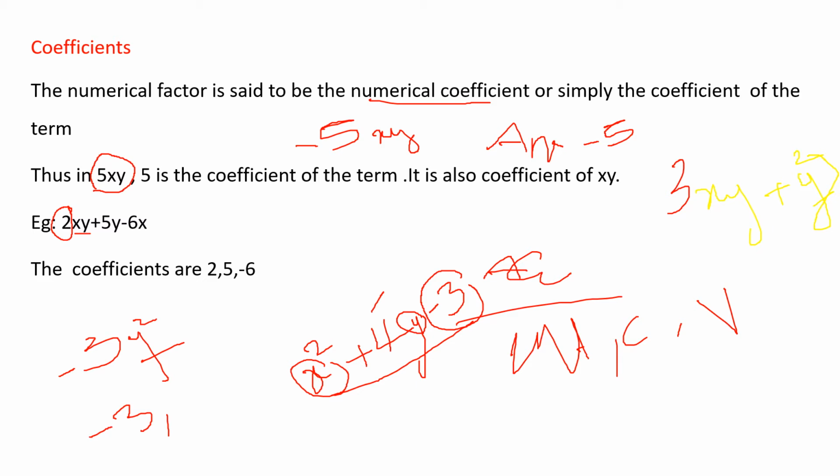That means 1 is the coefficient. So what answer will you write? Answer equal to 1. If any term is written as xy or y square, the coefficient will be 1. No number is written there, that means 1 into xy. So if any expression or any variable is written without any constant, it has 1